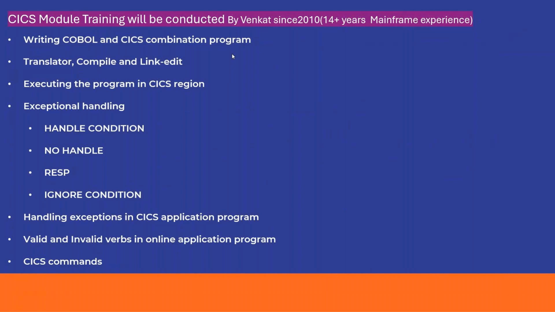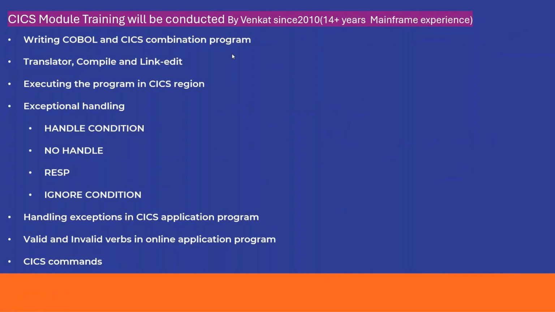So hence we need to discuss more demos. That's why I'm going to cover 3 to 4 maps from scratch. Okay, I don't show predefined programs. I'll write in front of everyone in the training. So if you refer to my classes, I'll be writing the programs. Okay. So next, once we are done with the maps, we will start writing the COBOL CICS application program.